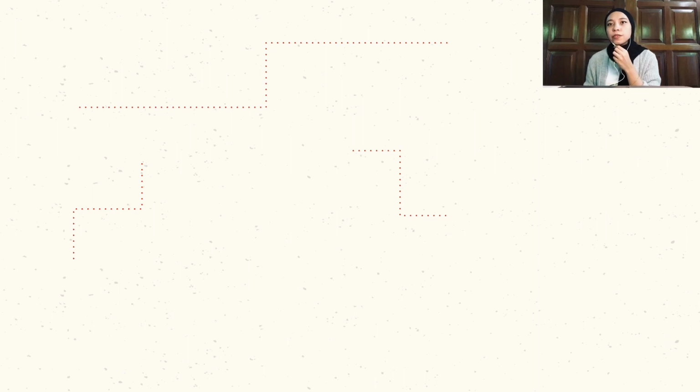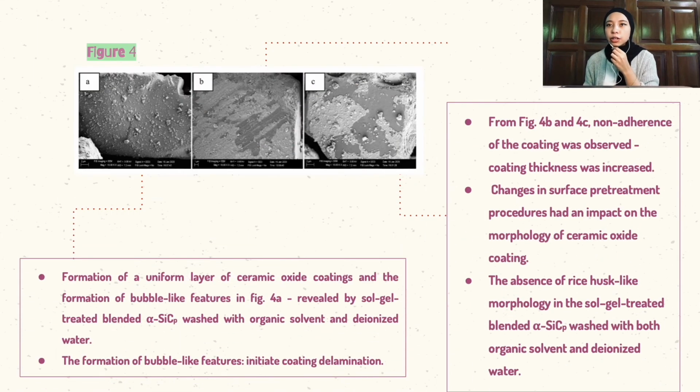The formation of a uniform layer of ceramic oxide coating, as well as the formation of bubble-like features in figure 4A, was revealed by sol gel treated blended alpha silicon carbide particle washed with organic solvent and deionized water. The formation of bubble-like features was observed to initiate coating delamination, which resulted in subsequent peel-off. The non-adherence of the coating was observed as the coating thickness was increased, as shown in figure 4B,